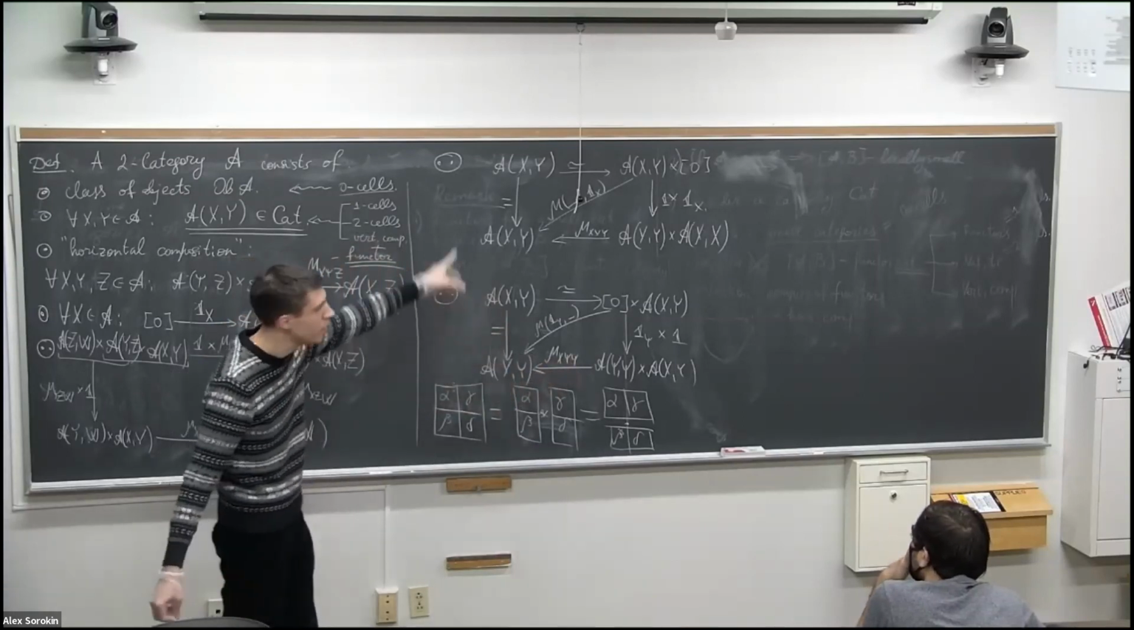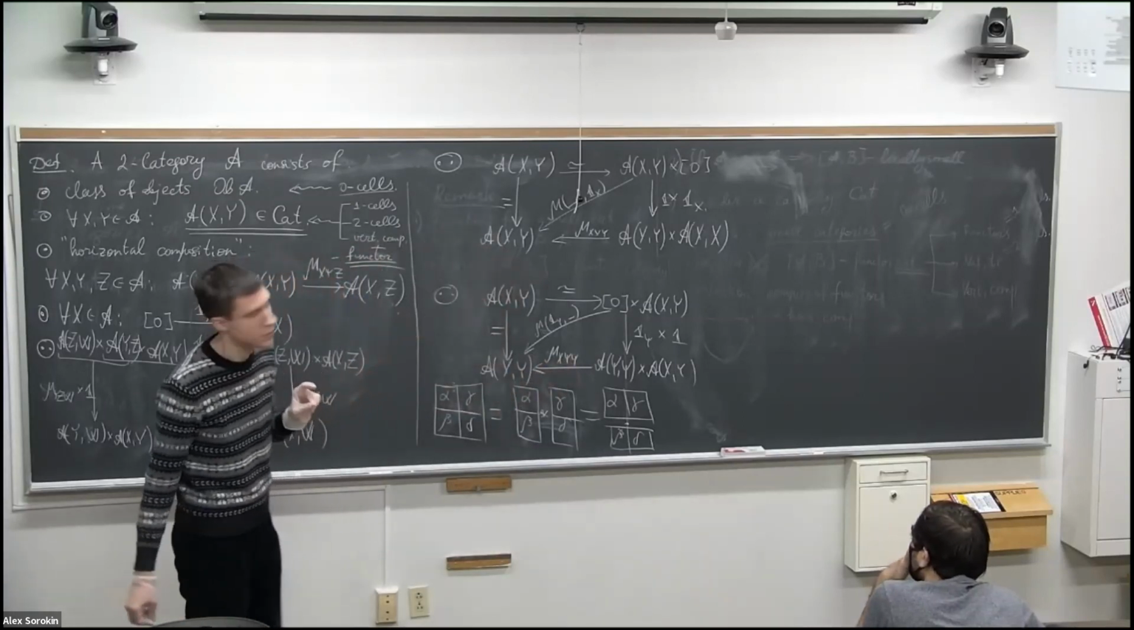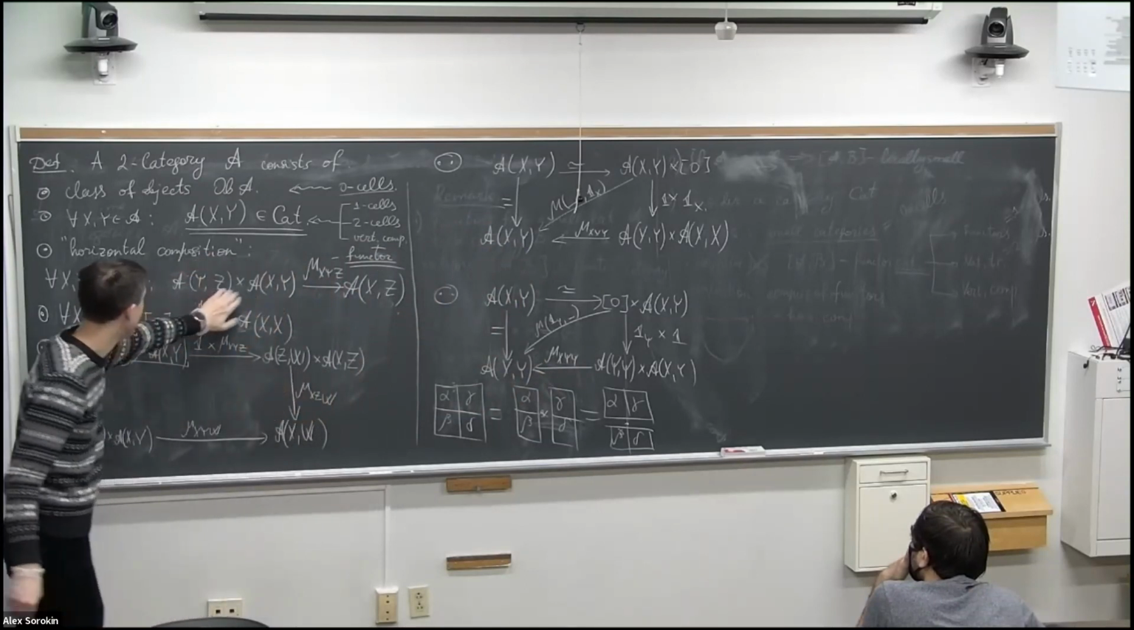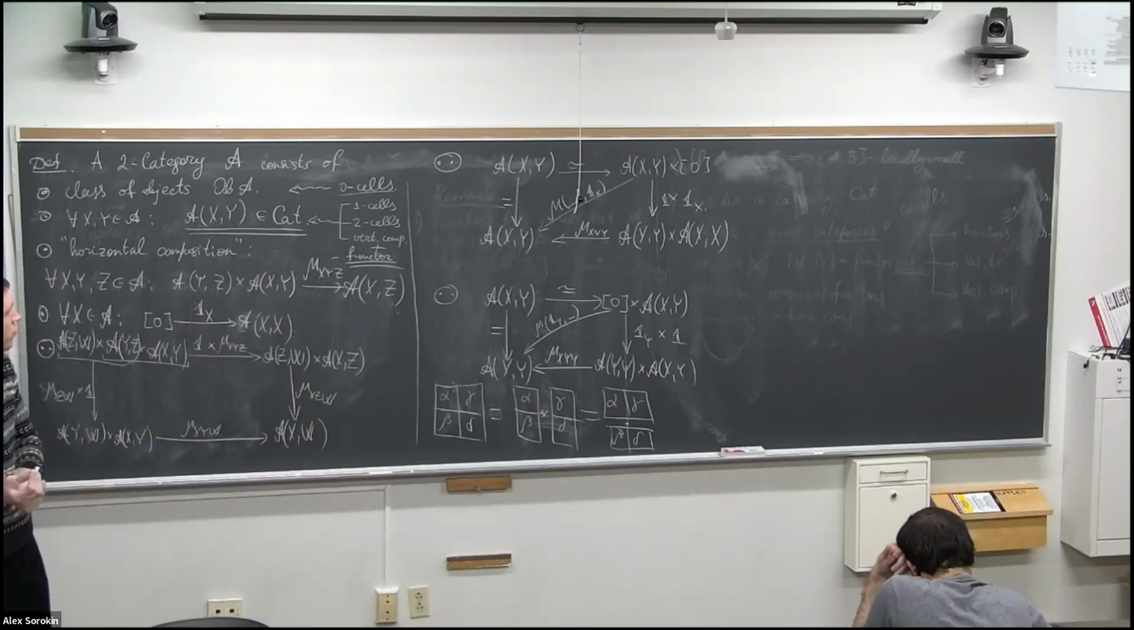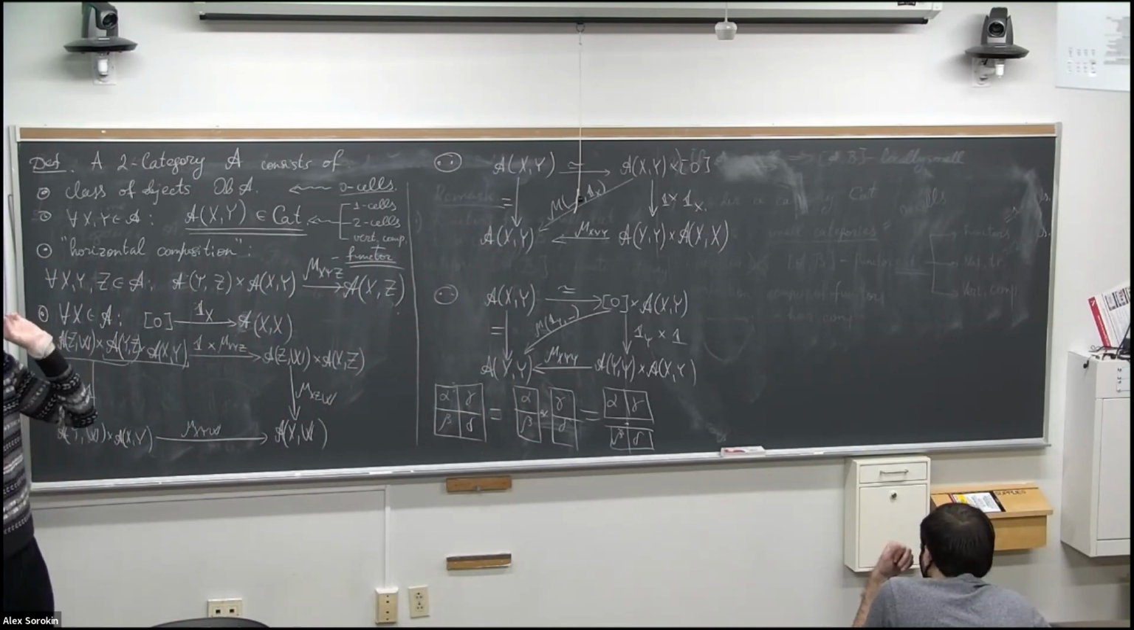Why? Because we can prove this for functors, and all our arrows are functors and natural transformations. So 1-cells and 2-cells. And this works this way. Okay? Now I want just to tell a little more